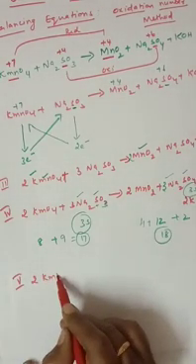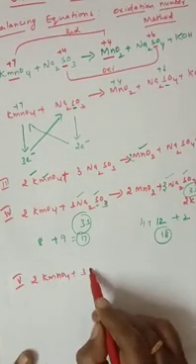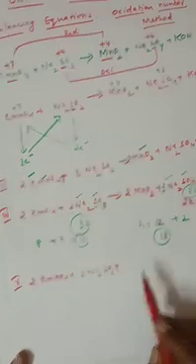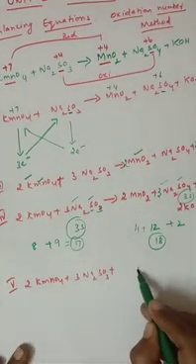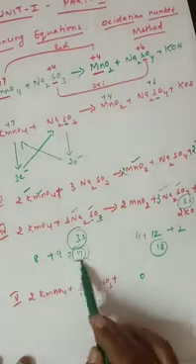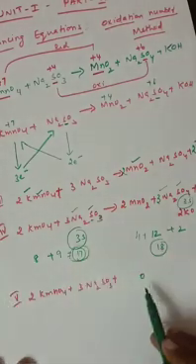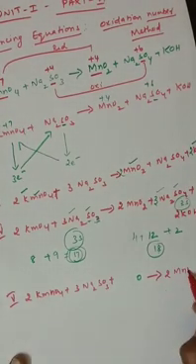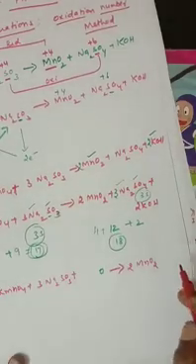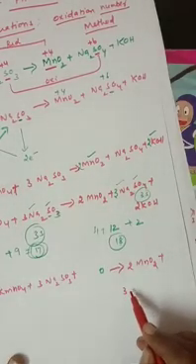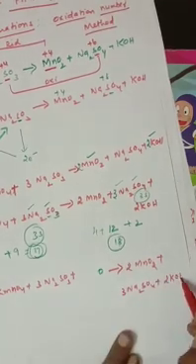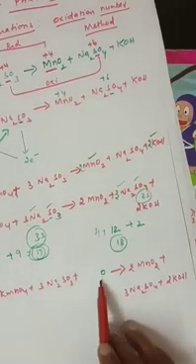2 KMnO4 plus 3 Na2SO3. To balance one oxygen, I am writing here one oxygen alone. Put your mind, for balancing here least number of oxygen, here 18. One oxygen we need on the left side. So one oxygen, and then add once again the product 2 MnO2 plus 3 Na2SO4 plus 2 KOH. See here, for balancing I am writing simply O.